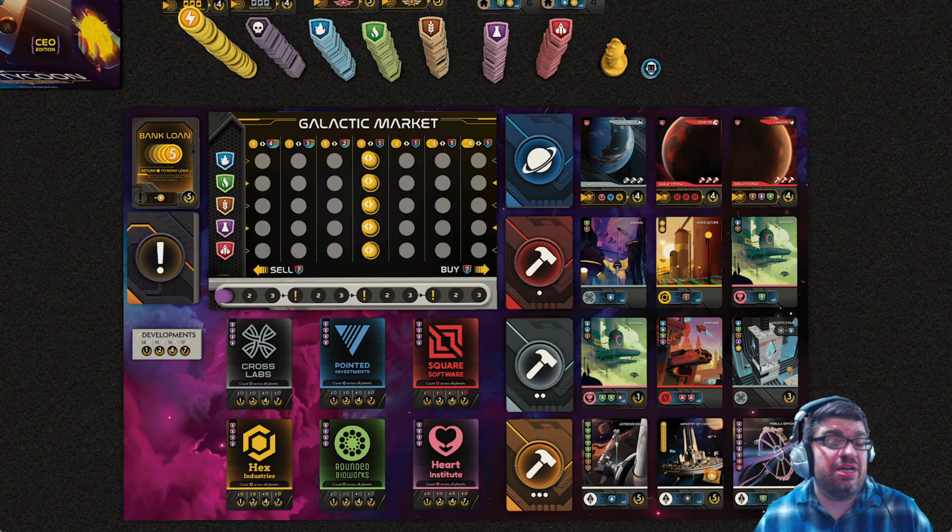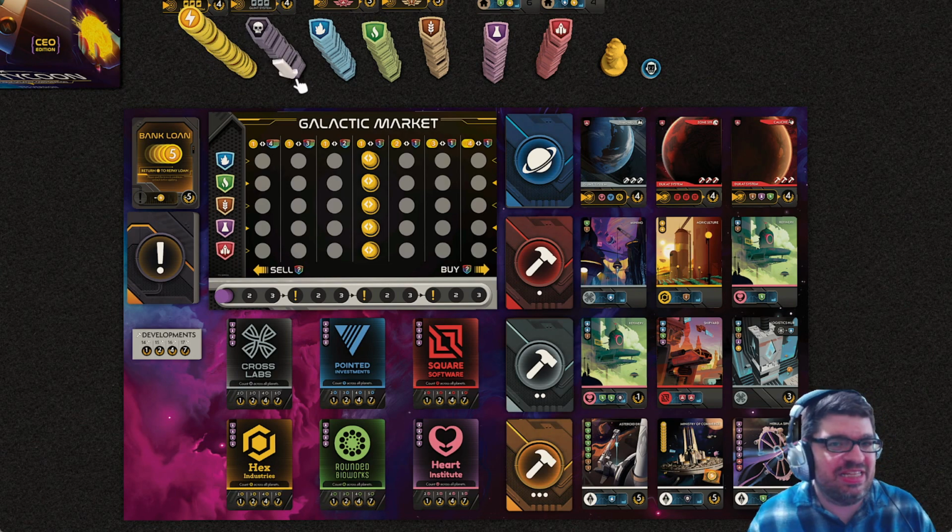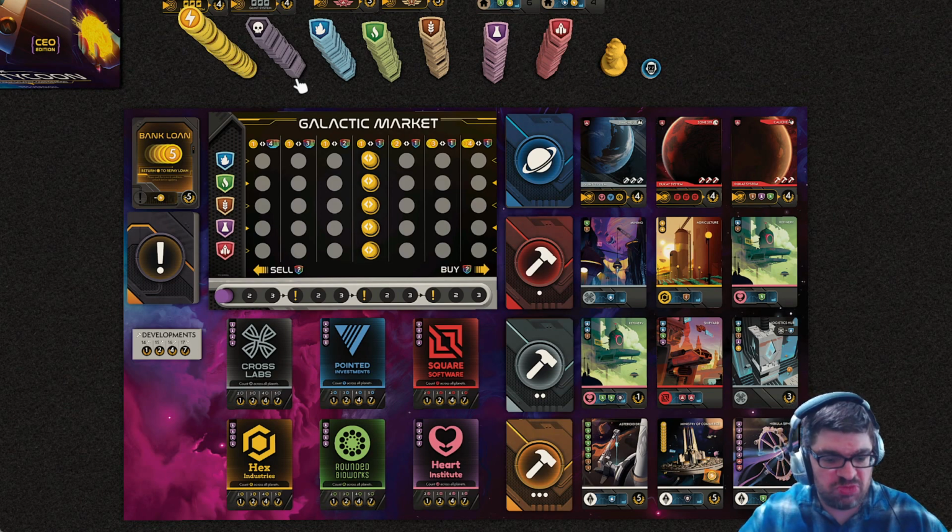As far as the rest of the components are concerned, I'll try and blow through this as quickly as possible. On the very, very top, there's a bunch of resources here. The yellow are energy credits. This is like money. And then you've got these skull tokens. This is like illicit goods. These are things that typically aren't worth a whole lot and clutter up your resource storage area, but they can